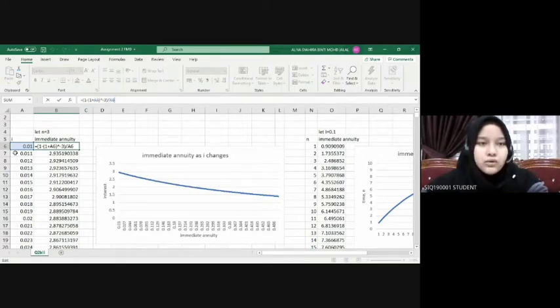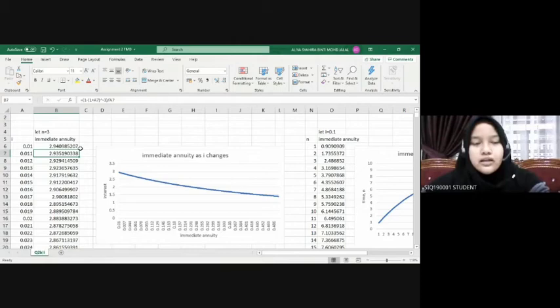So for this I, we want to use 0.01 and it's on the cell A6. So we type in A6 to the power of negative 3. So we let n equal to 3 for this question. And then divided by I, which is A6. And we type enter. And then we got the immediate annuity for the interest 0.01, and then we drag it all the way until the interest 0.5,